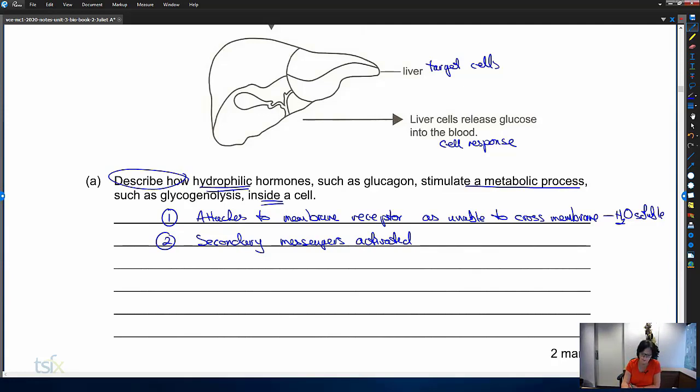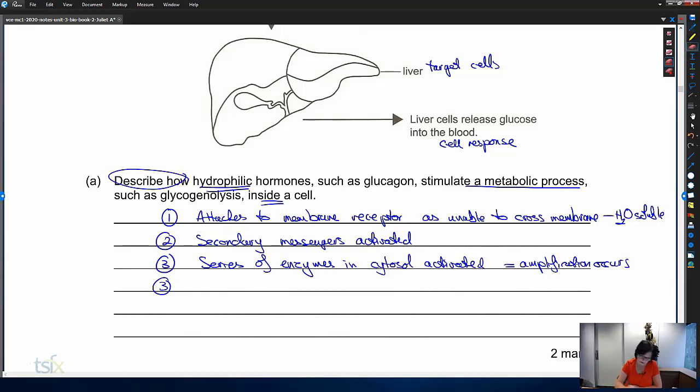Then we're going to talk about a series of enzymes in the cytosol activated. You can mention there is amplification here, if you wish. And then what you're going to finally say is, oh, I forgot to put number 3 there, sorry. My wrong numbers. And then what you're finally going to say is that a cellular response